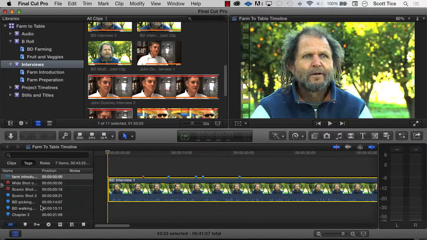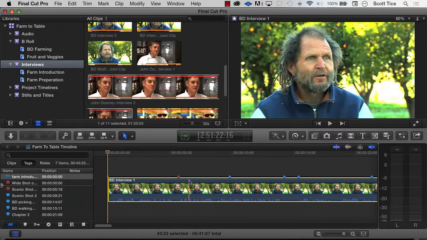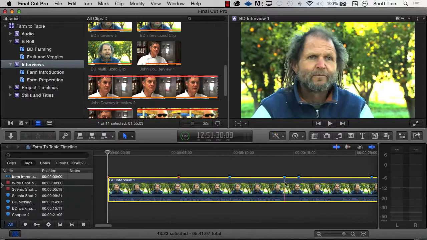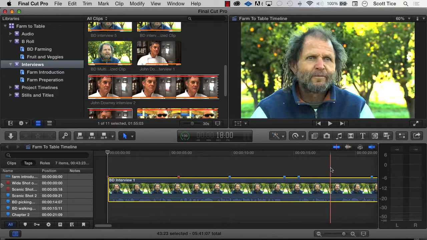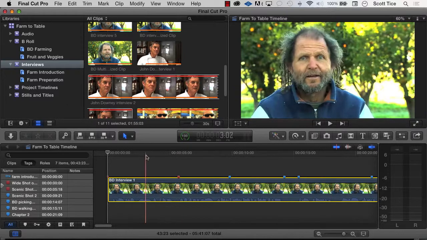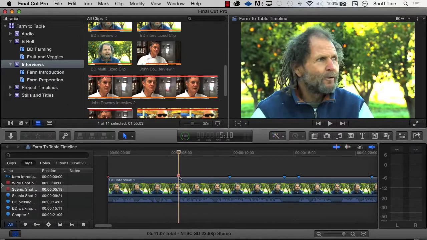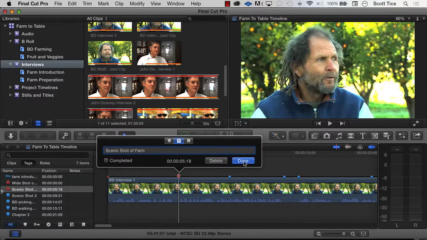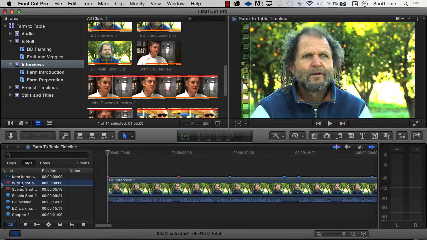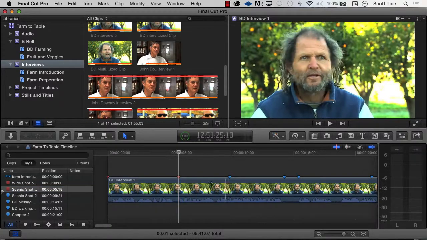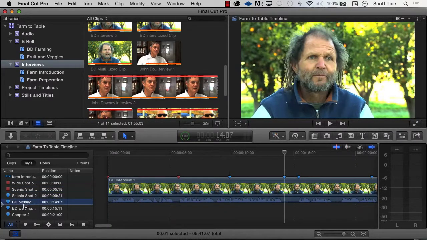And if I zoom in a little bit, now we can jump to specific markers. While we're placing our interviews down, we can create markers to remind us to add a shot on a specific part. As you're playing your interview, you might say, oh, I definitely want a shot of the farm on this section right here. You can either add a standard marker or a to-do marker, and everything shows up in your index. And if you click on each one, your playhead will snap to each of those